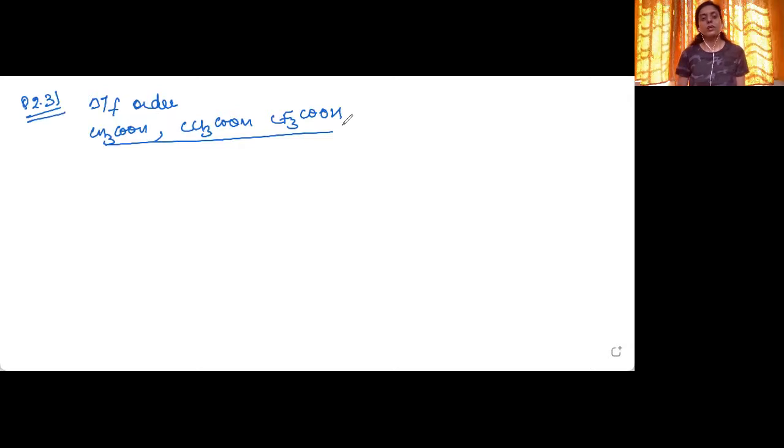Okay. Now, when a carboxylic acid is dissolved in water, it dissociates into 2 particles. One is the carboxylate ion, second one is the H positive ion. Okay. Now, what is the degree of dissociation? It will depend upon the strength of the carboxylic acid. More the strength of the carboxylic acid, greater will be the degree of dissociation. That is, more number of particles will be there in the solution.